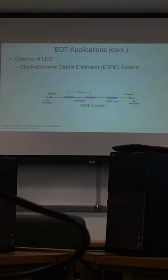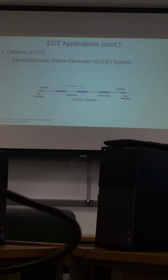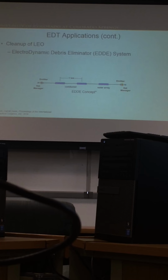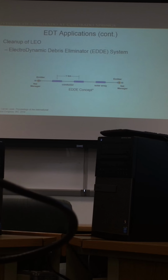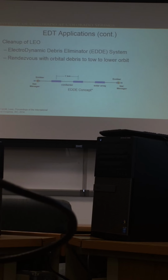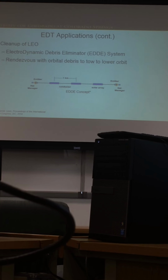The electrodynamic debris eliminator system is a concept that has been proposed for this cleanup. It uses, as you can see in the picture, solar arrays and a conductive tether along the length of the system. There are emitters at either end for the purpose that we talked about for operating in the ionosphere, and it has net managers as well. What the system does is it rendezvous with orbital debris, captures it using the net, tows it down to a lower orbit where the aerodynamic effects will cause it to deorbit much sooner, and then repeats